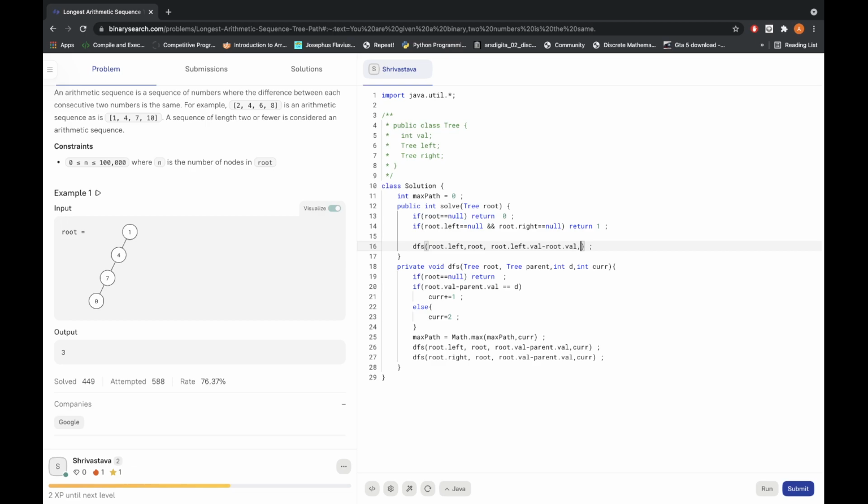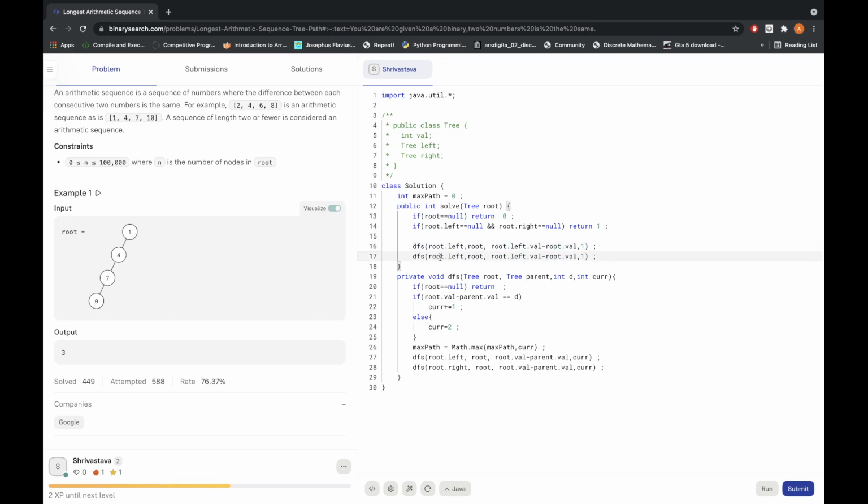And then same we'll call it for root dot right, root dot right dot val minus root dot val.